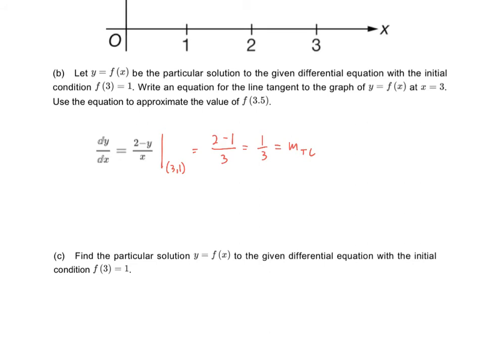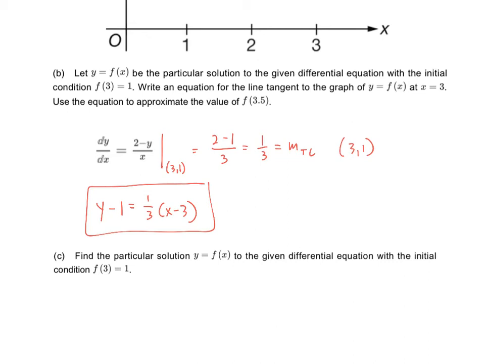Okay, and then once you do that, just do point-slope form with the same point, (3, 1). So we'll do y minus 1 equals one third times (x minus 3). Okay, so that's the equation of the tangent line